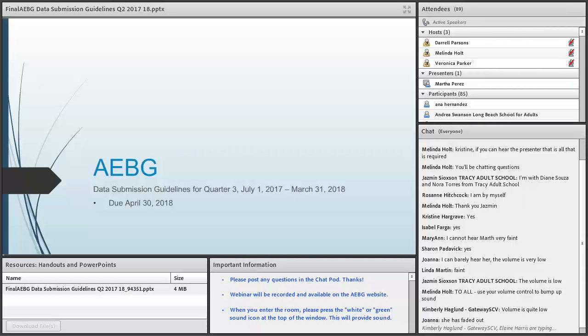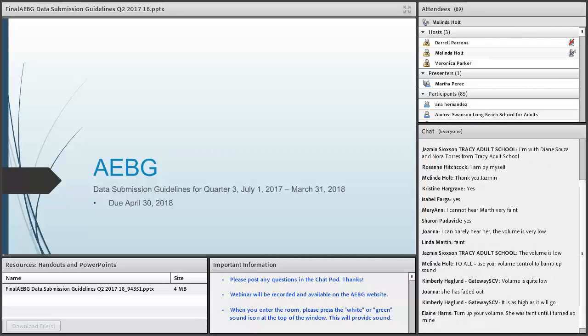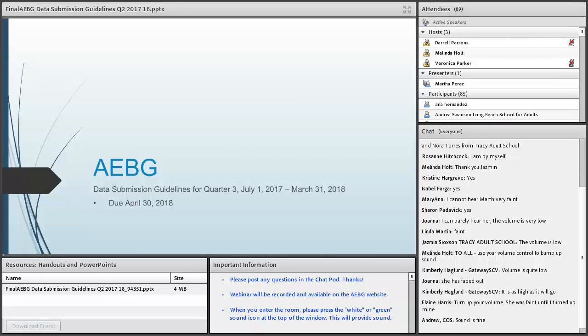Otherwise, it looks like I have sound. There's a sound problem. Hope everybody is hearing me well. Martha, I'm sorry. Martha? Real quick, your microphone is really low. If you go to the volume control next to your green microphone icon, you can select or adjust your microphone volume and pump it up just a little bit.